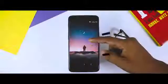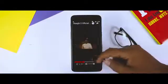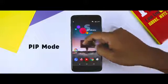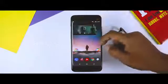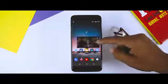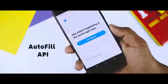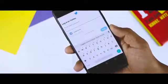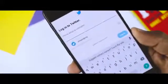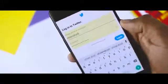Now let's talk about the changes and features that we will be getting in Lineage OS 15.1, and one of the most interesting features is the picture-in-picture mode, which is basically a special type of split screen window that should be particularly useful for watching videos while performing other tasks. Next up we have Autofill API that simply tries to help apps manage passwords and form data better than the previous version of Android. The Autofill app stores and secures user data such as addresses, usernames and even passwords to